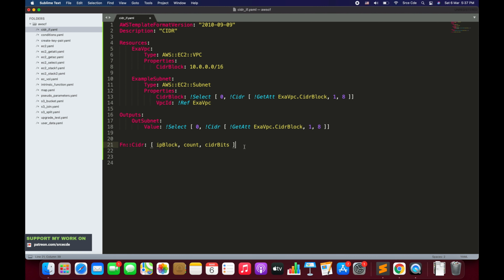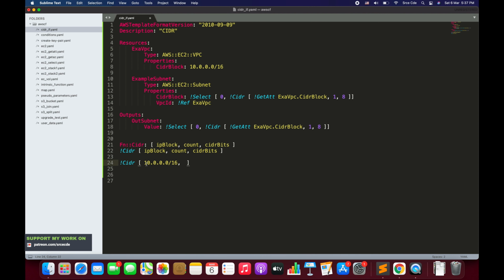Now another way to define or use the CIDR function is the short form, that is exclamation CIDR followed by square braces, which accepts three parameters. Let's have a look at the example. If we define exclamation CIDR, space, square braces, let's copy this CIDR block. So this is our IP block.